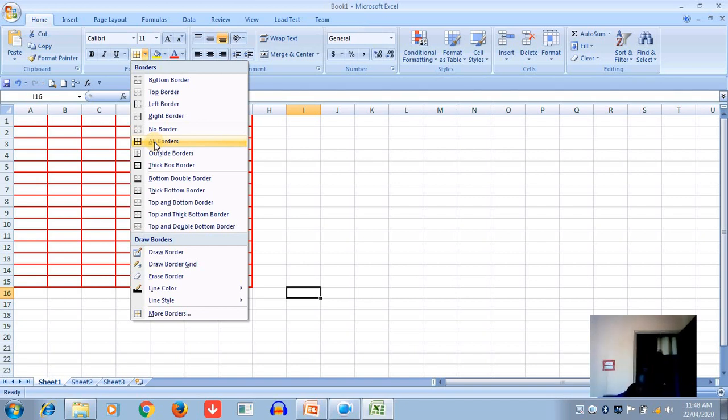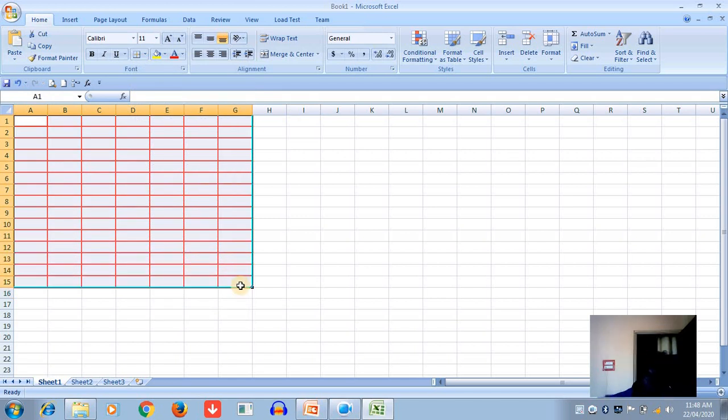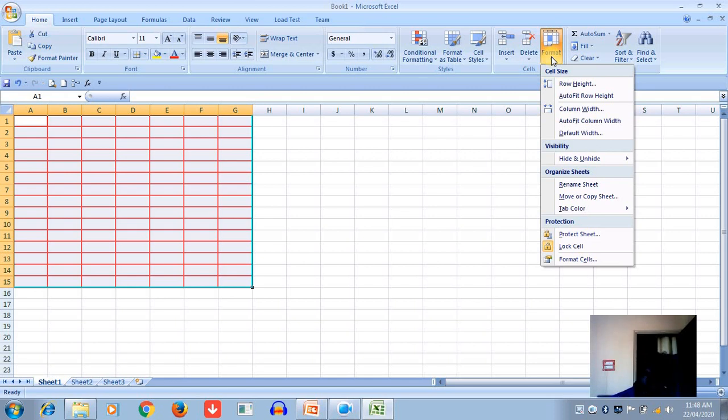resize the rows and columns. The row height and column width can be modified on the worksheet. First, setting the height of the rows. Select the range, then click on the Home tab, which I am already in. Then in the Cells group, click on the Format option. It is the Format button in the Cells group.